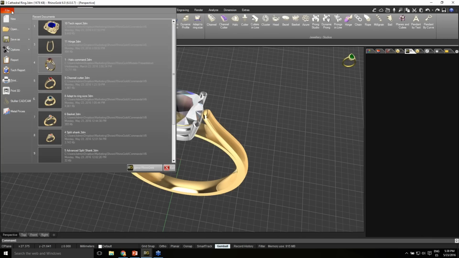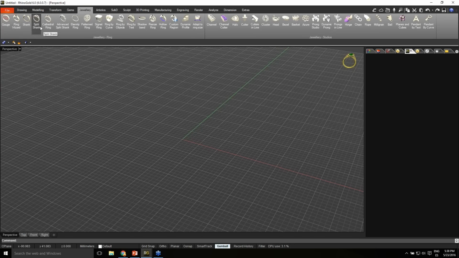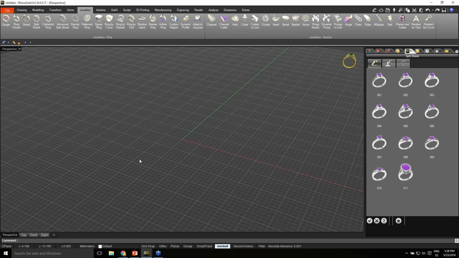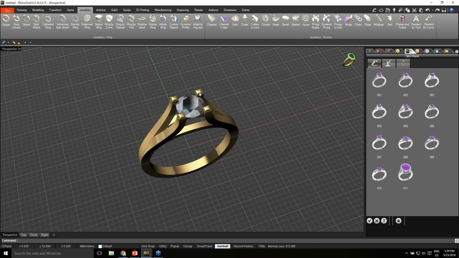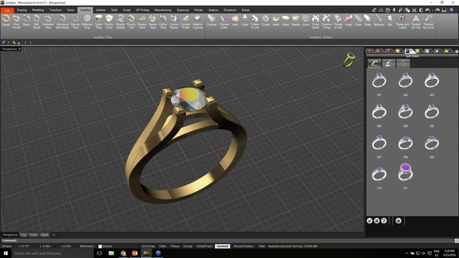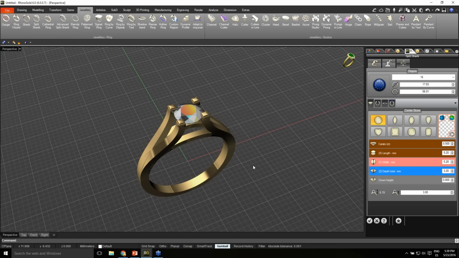And now I'm just going to open a new file to show you the split shank tool. So the split shank, as we have seen in the Cathedral Ring, can be started with some of the ones available in this library. So for instance, I want to start with this one, so I just double click and I will be able to start with this option. So instead of starting from scratch, I start with one of the predefined models,